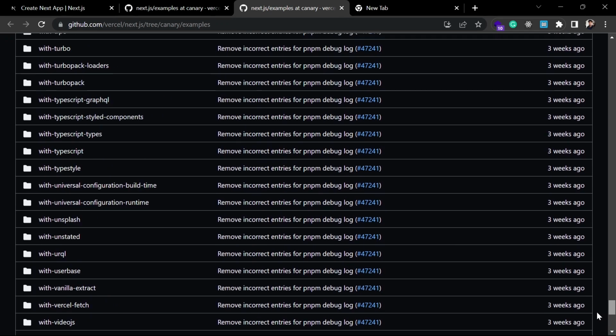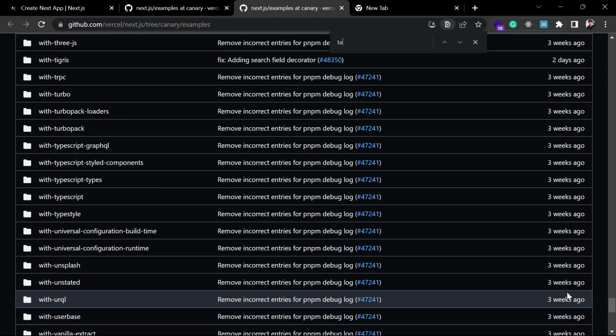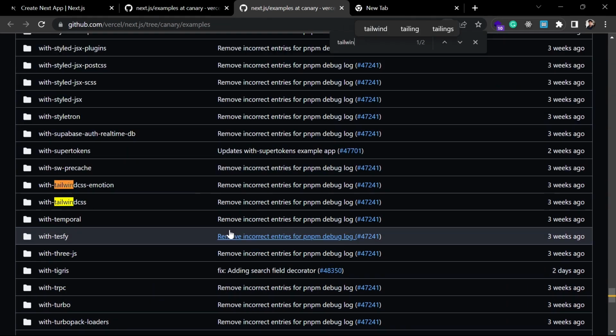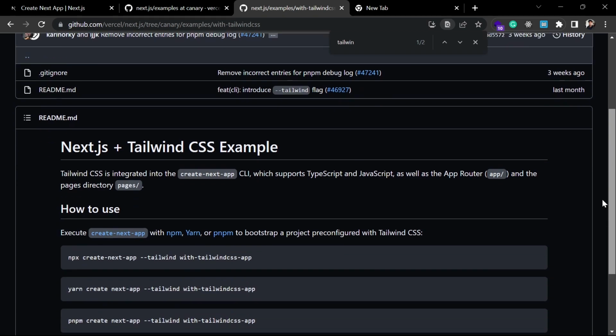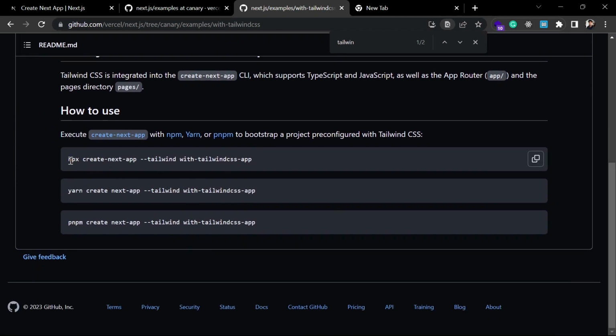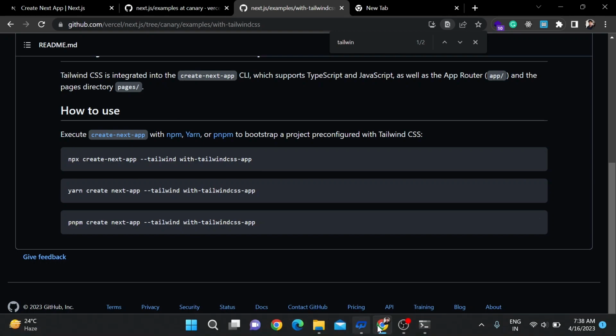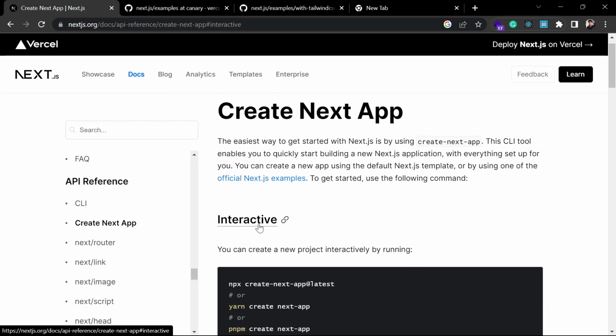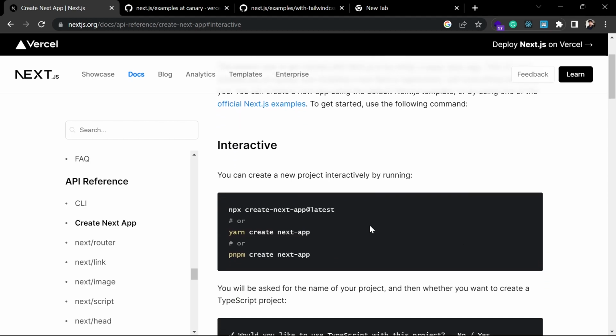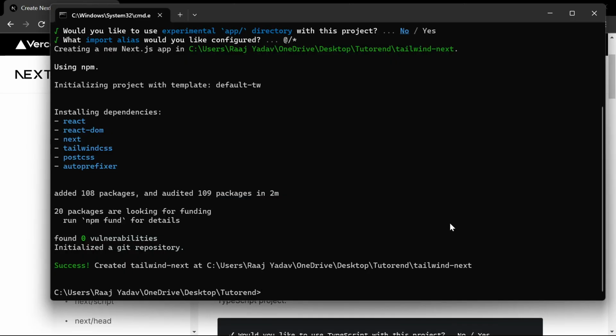And here is the package. If you search Tailwind, then you can see here Tailwind CSS, and if you click on this project, you can see here we have to create a Next application like this, and the Tailwind CSS will be automatically configured in our application without giving any prompts for the Tailwind CSS. But guys, I showed you this method because it is very interactive and easy to understand, and our Next application has already been created. So now let's go to this app